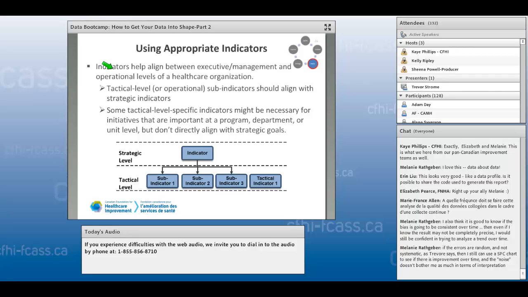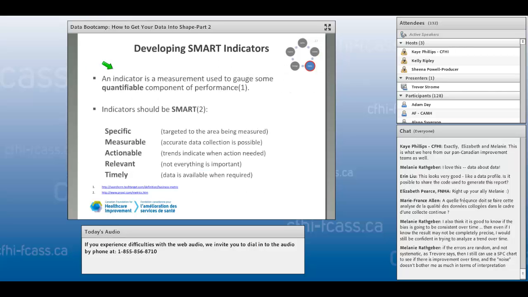improvement activities. And so we've used this acronym called SMART indicators. And when we're developing SMART indicators, we know that indicators need to be specific, measurable, actionable, relevant, and timely. So once again, it ties back into data quality by there being multiple dimensions that we need to be aware of when we're looking at data, and particularly when we're analyzing data and choosing how to report data to